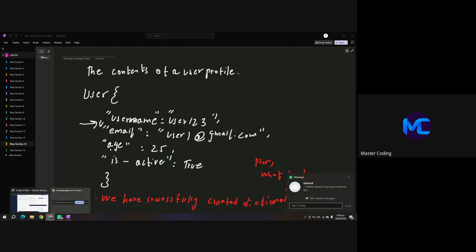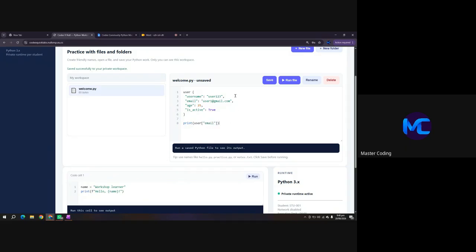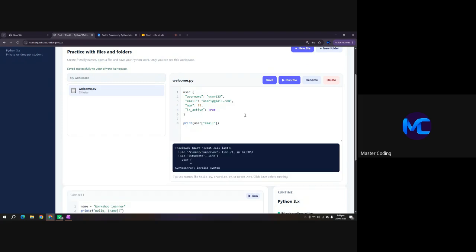So let me come to my code book again and let me save the file. And for example, we want to print user, and we want to see its email. So I will write here in string email. I will close the square bracket. And when I save the file and try to run the file, we will get something like,